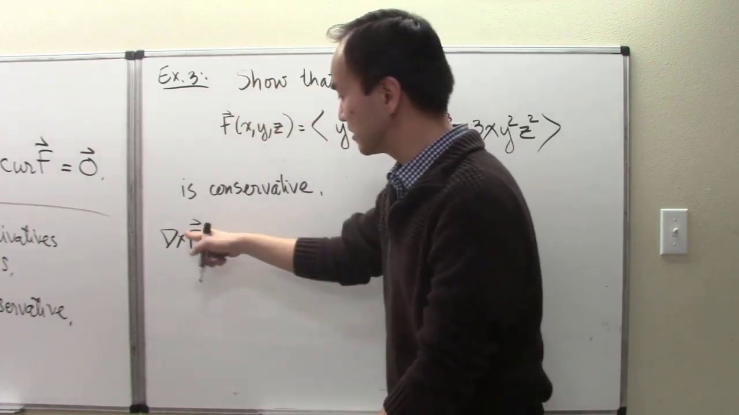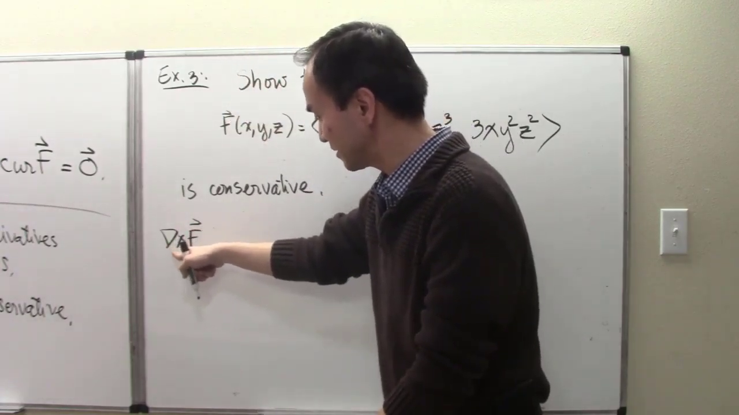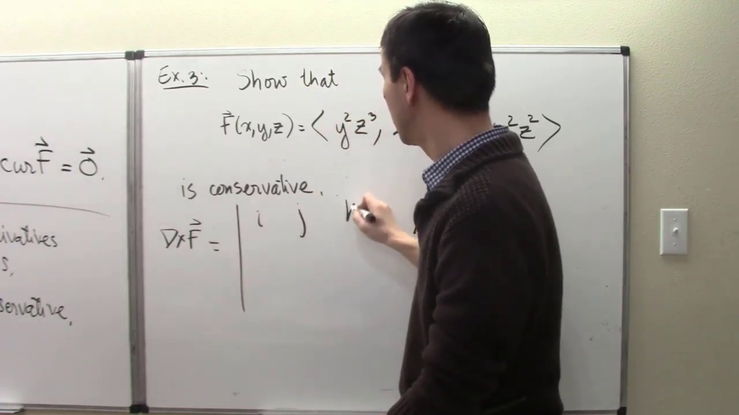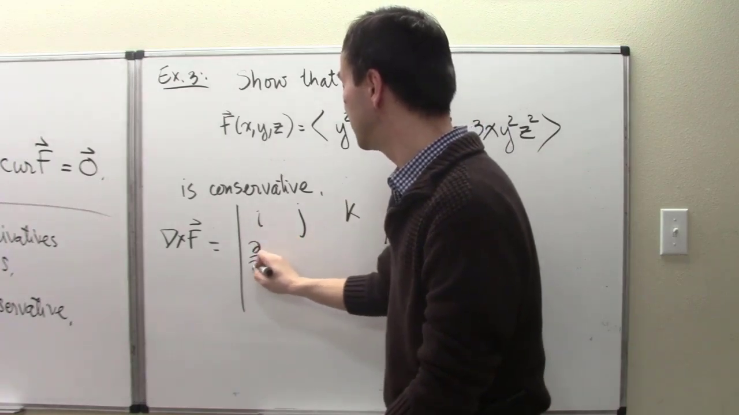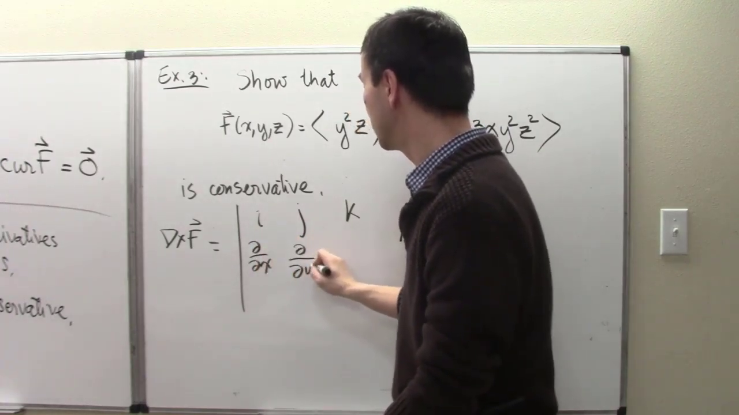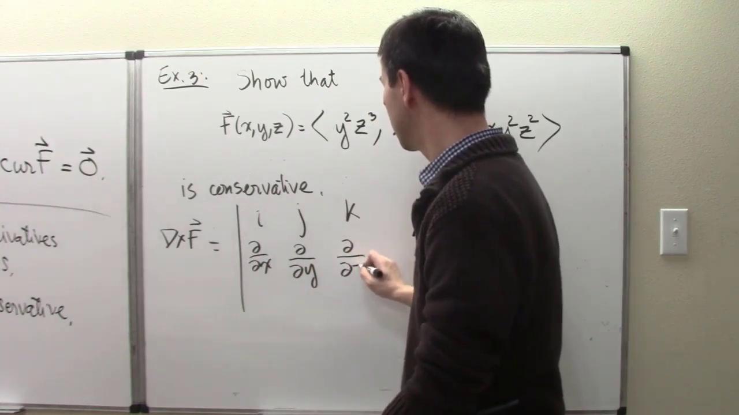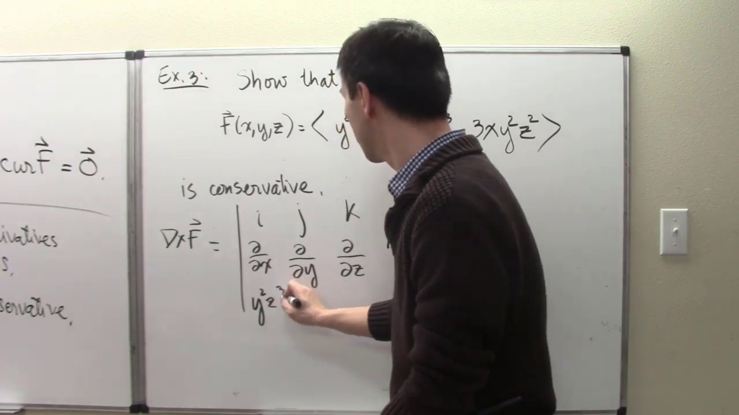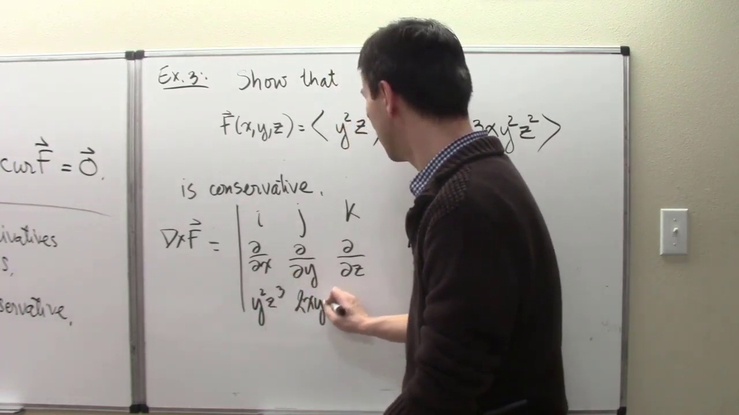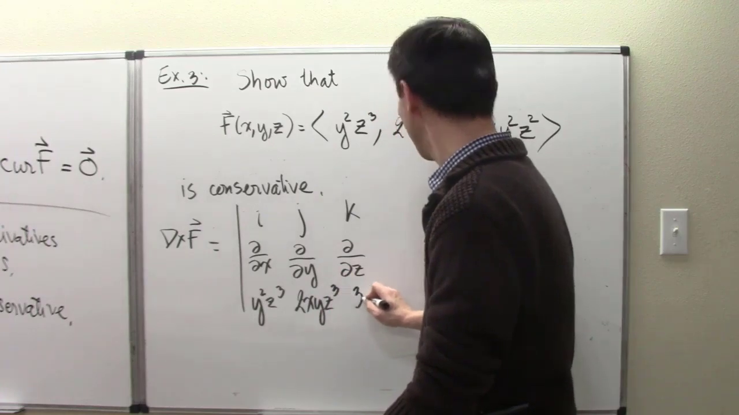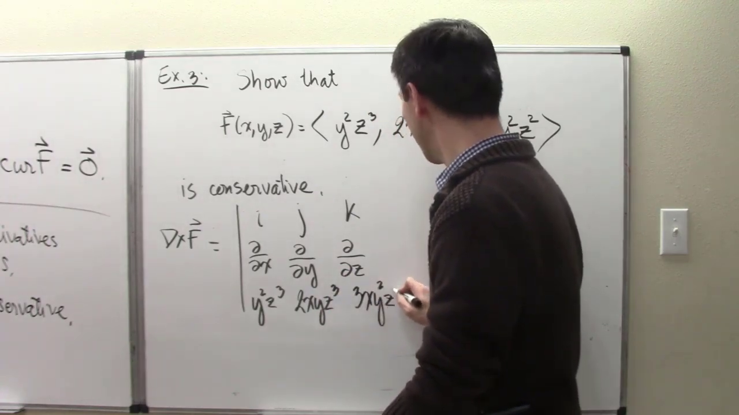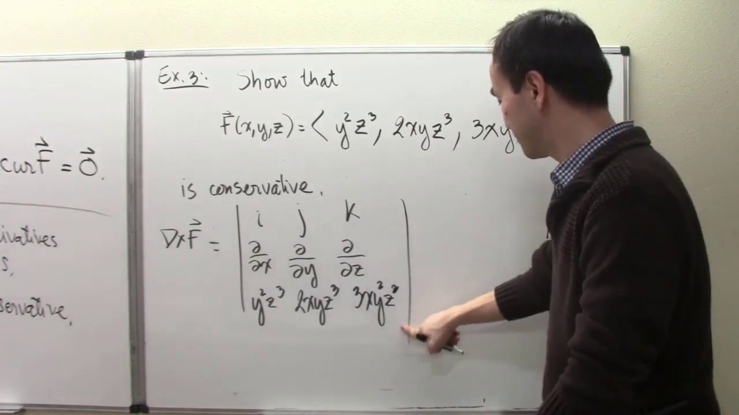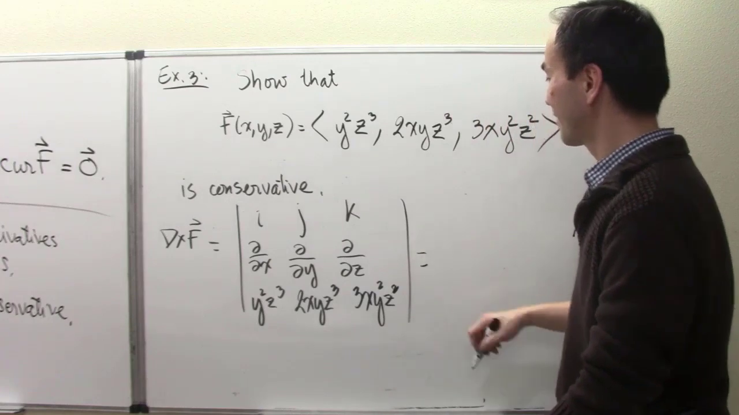All right, so the curl is calculated by del cross F, and we're setting up the i, j, k, then d/dx, d/dy, and d/dz. And then there we have y squared z cubed, 2xyz cubed, and 3xy squared z squared. All right, and then proceeding further into that,